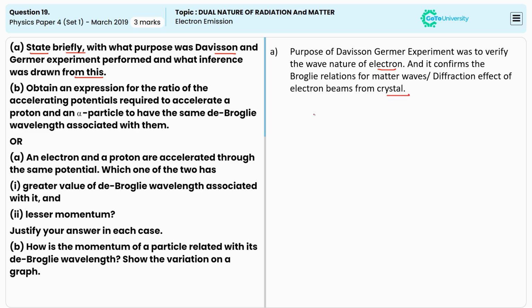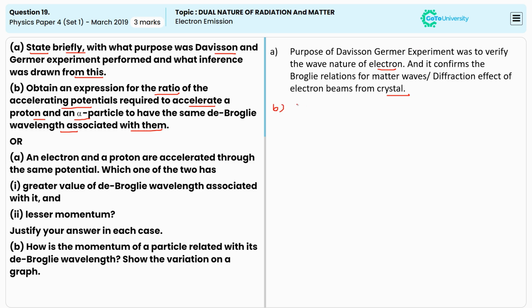Second part: obtain an expression for the ratio of the accelerating potential required to accelerate a proton and an alpha particle to have a small de Broglie wavelength associated with them. So we need to find here the ratio between the accelerating potentials. For that, first we need to know the kinetic energy. Kinetic energy is given by